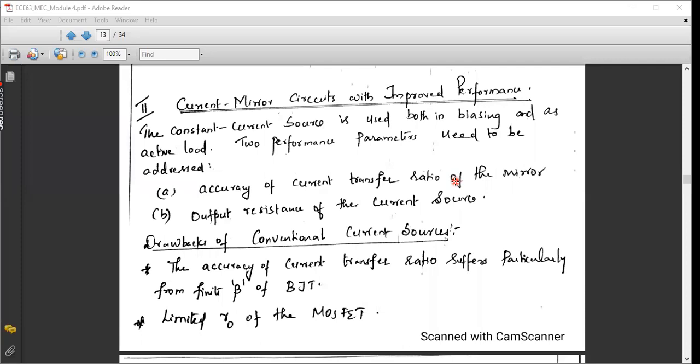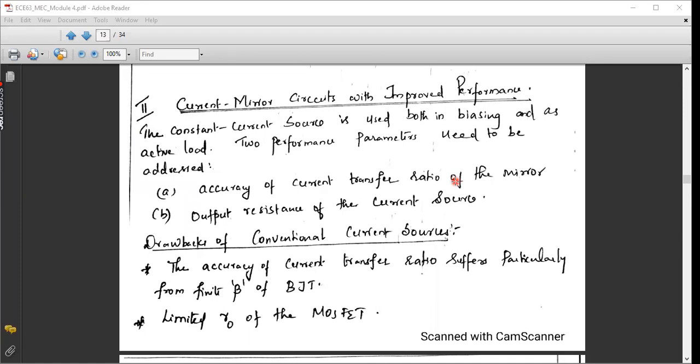for a current mirror circuit. But due to practical constraints, like whatever we have discussed in the class, that is the effect of V naught or the effect of channel modulation, because of that, I naught will vary from I ref. If I naught varies from I ref, what will happen? The ratio will not be 1:1. That 1:1 ratio is now disturbed, right? It's getting disturbed. So that means accuracy has been reduced.